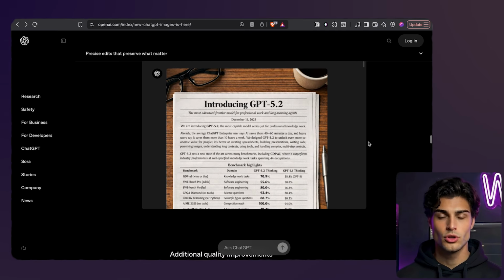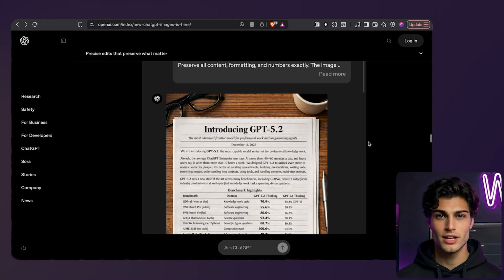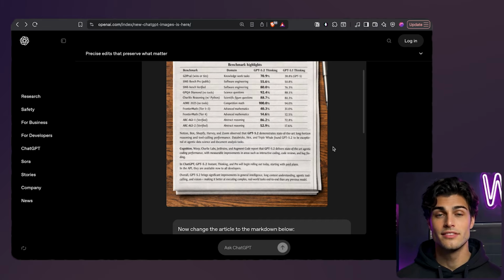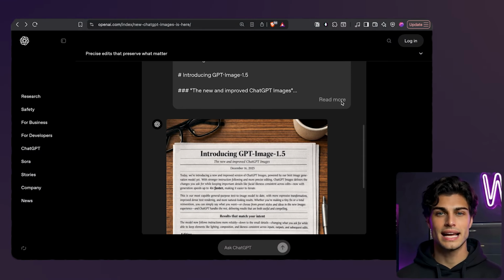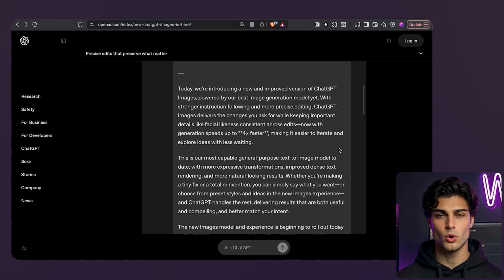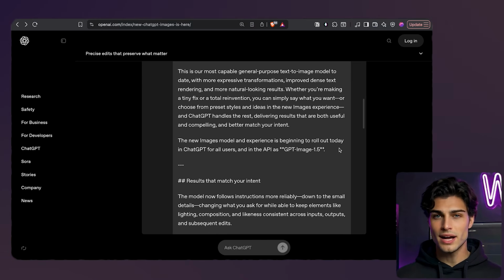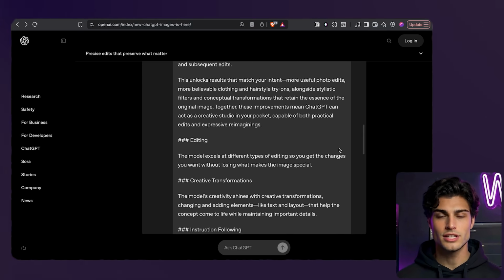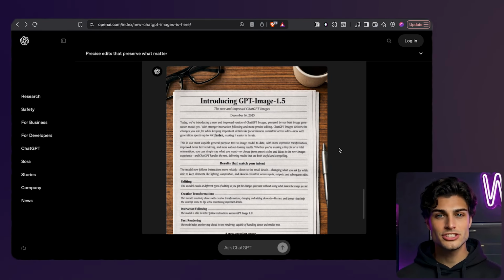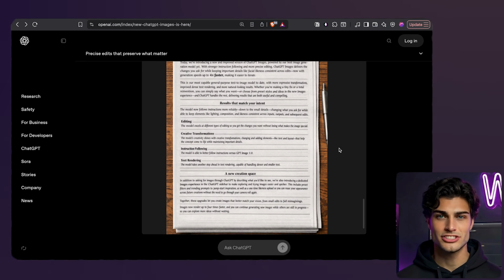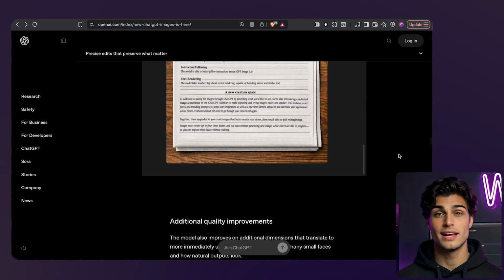They render a full newspaper article based on raw markdown text about the GPT 5.2 launch. Honestly, the legibility is insane. We're talking about subheaders, bolded dates, and even a complex benchmark highlights table with rows and columns that are actually readable. Most gurus miss this, but the ability to handle dense, small point sizes